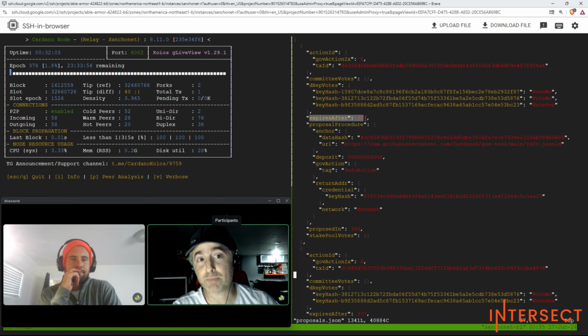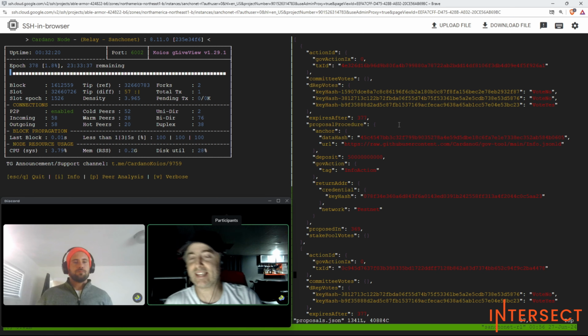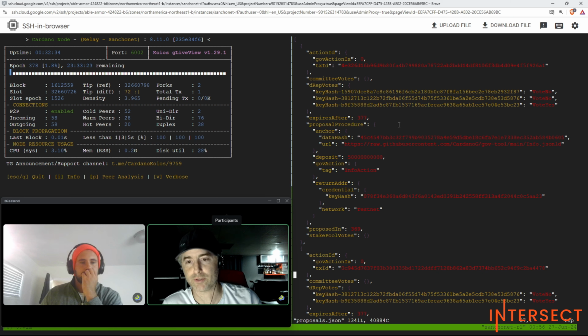This governance action expires after epoch 377, so it is already expired. If I try to vote on this one, it's not going to work. The reason we see it here is that when it is expired, it gets put in a queue to be removed on the next epoch. So it's still there in a way, but we shouldn't be able to vote on it. I'm not going to, just for the sake of showing you the error. So we're going to find a valid governance action that